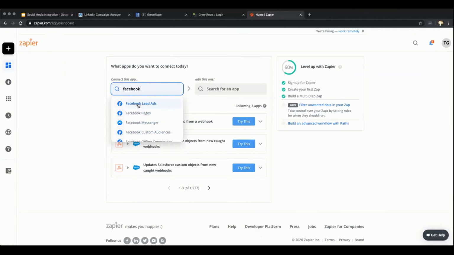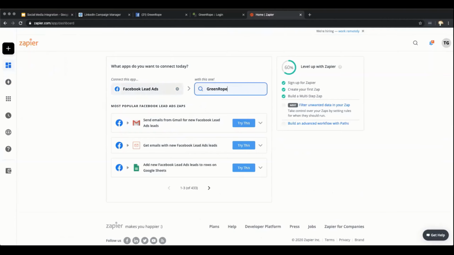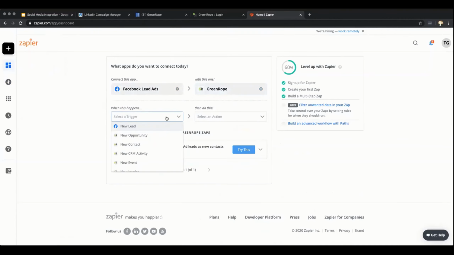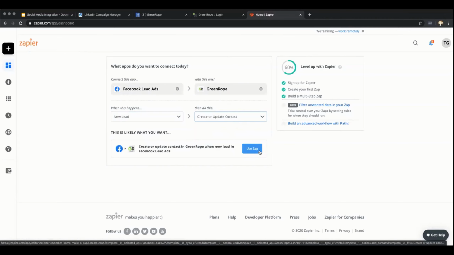LinkedIn is a little bit more limited in terms of what you can do. We only use it for the lead gen, and then Facebook lead ads, and then Greenrope, and then you can select your new lead, and then again you can create that contact and then use that Zap. It is seriously so simple, so easy to use, and so user friendly, and you literally can't go wrong.